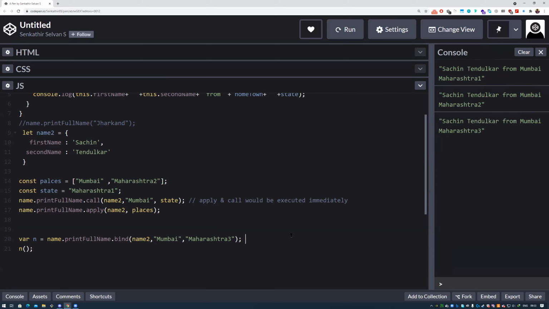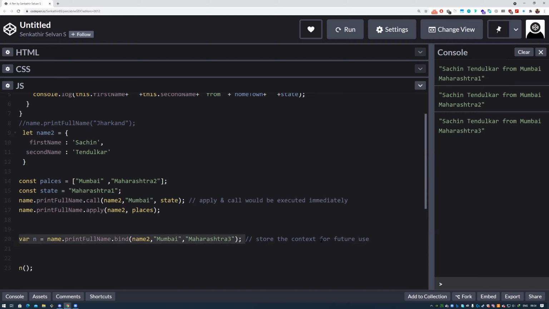So you want to store the context for future use. You are storing the context here, and whenever I execute this function, I have it. There is one more use case for this also.